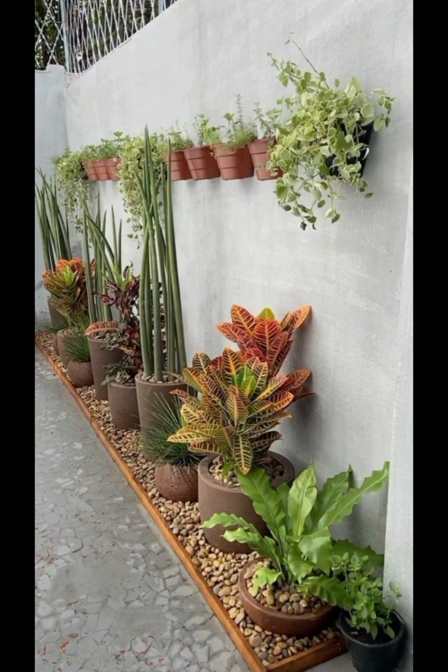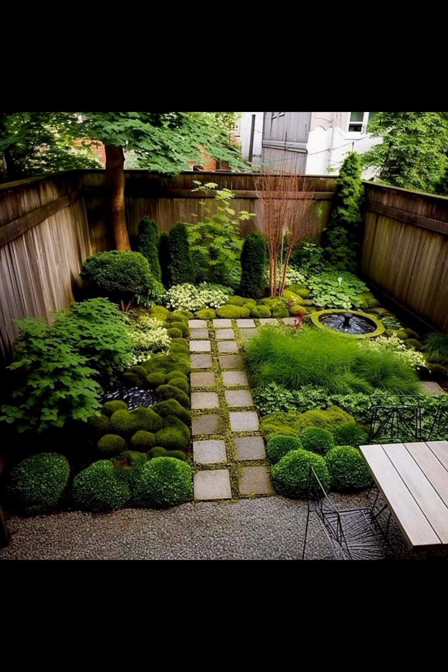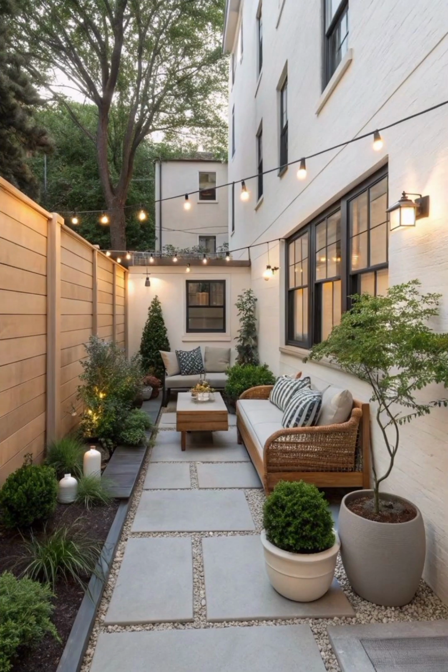Color and texture is another aspect of garden which is very important that you have to consider. Play with color combinations and textures to create visual interest. Group plants with similar colors or contrast them for